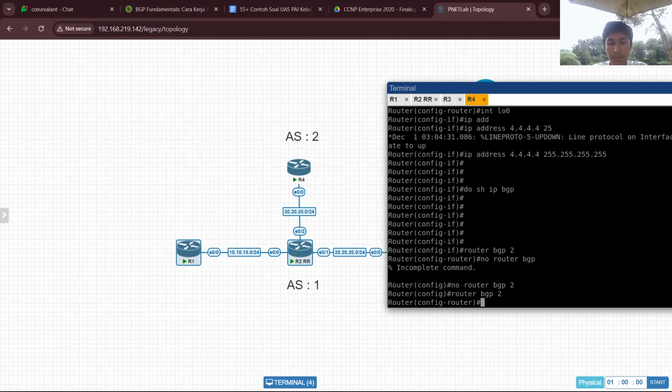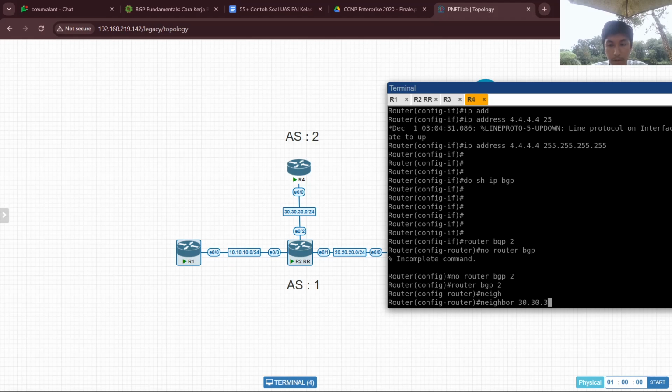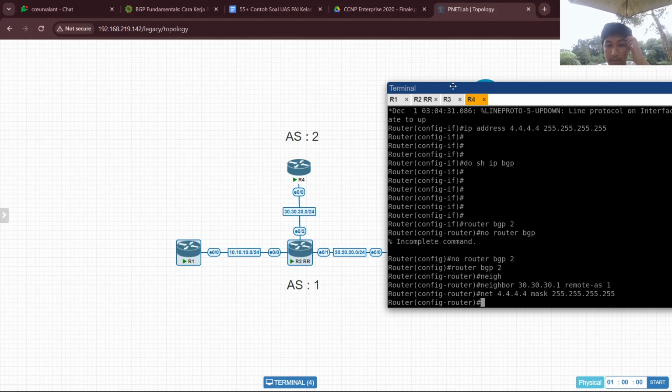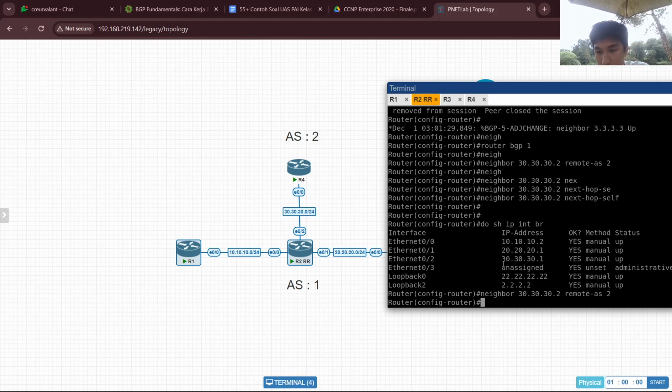Make it from the start, from the beginning. Network 4.4.4.4 mask. Router 2.